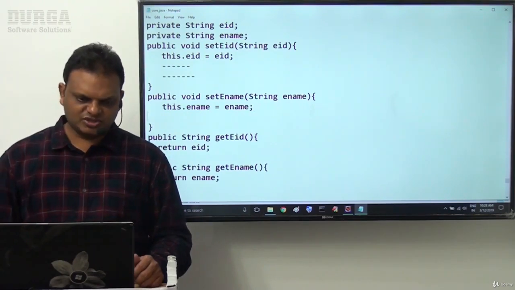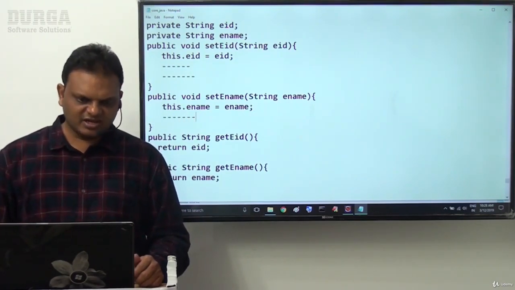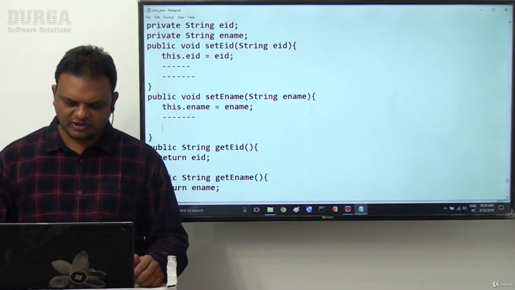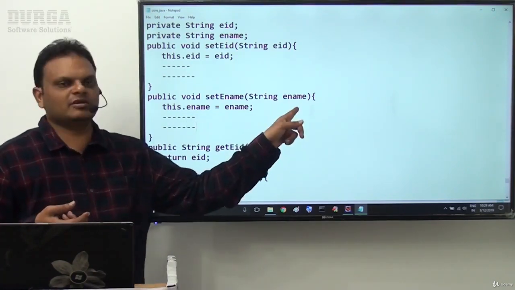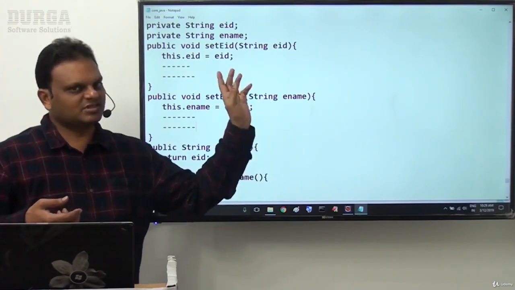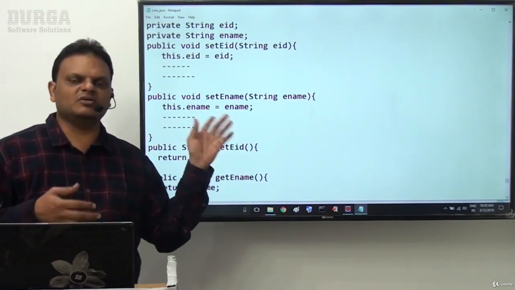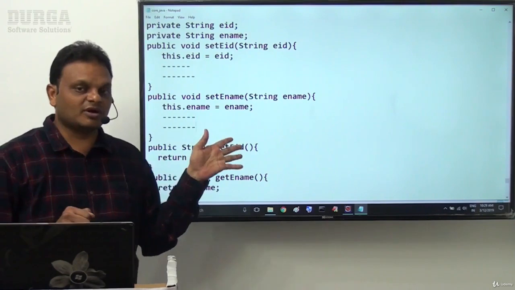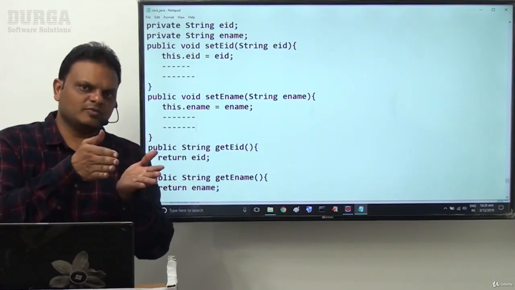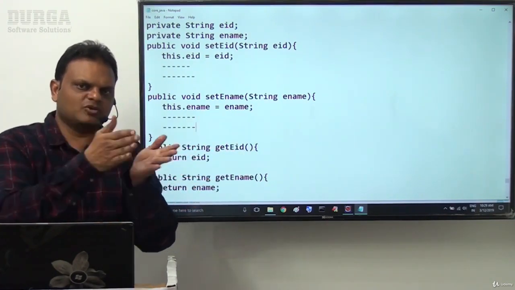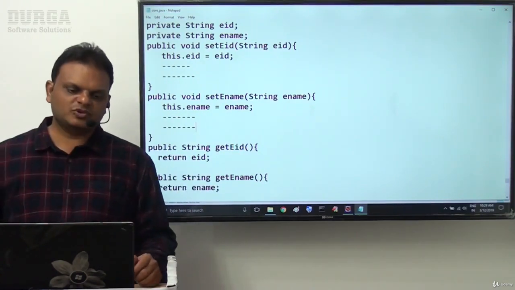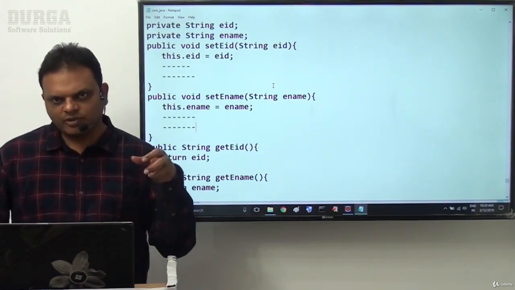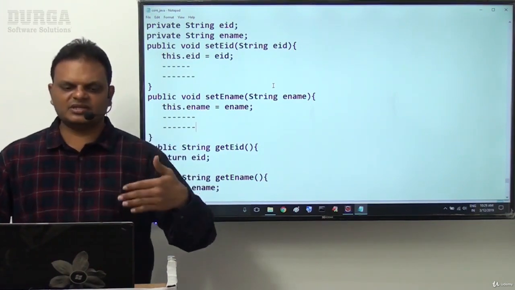Not only in this instruction, as per our requirement, we can write 100 lines of code here. That depends on our requirement. These 100 lines of code may use the same data, whatever the parameter variable ename is available, inside our instructions. So here also data and coding part are both combined. That's why it is called Encapsulation. So in Java Bean classes, all setter methods and getter methods.